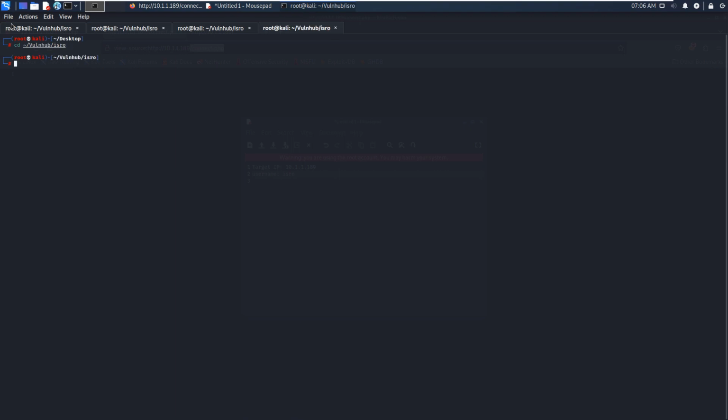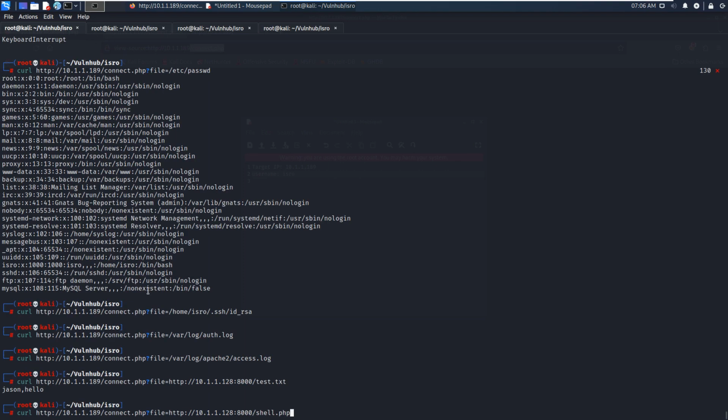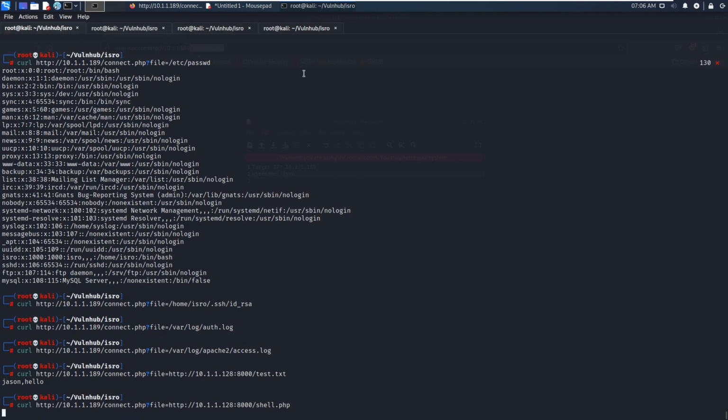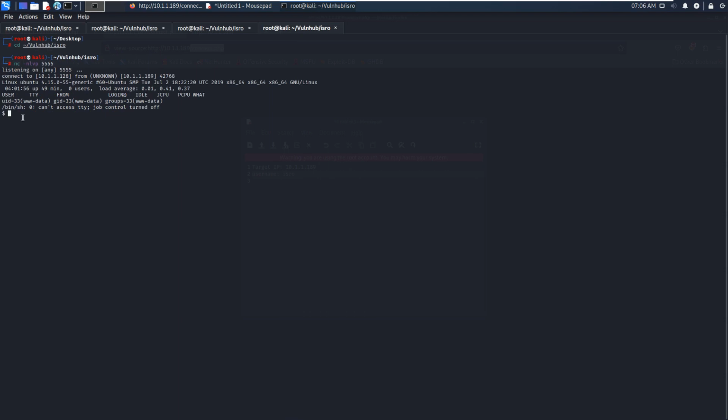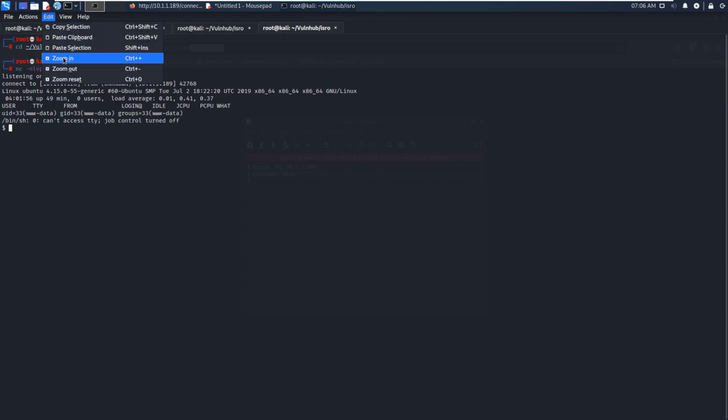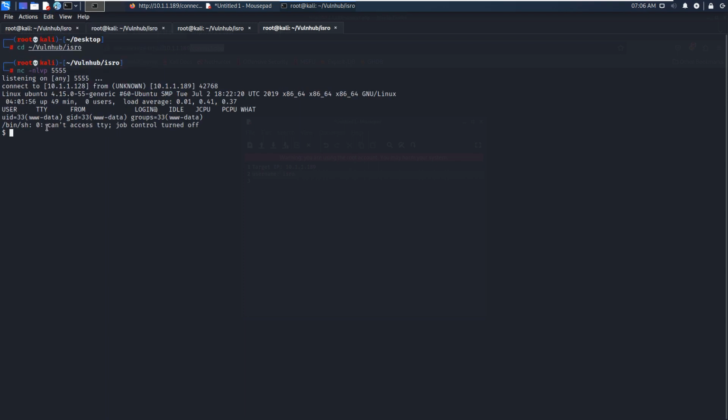And listener, press enter. Now we can just press enter. As you can see, we got the shell of the target, the initial foothold on the target. And of course, the first thing we need to do is to spawn the bash session. And to do that, we need to check the version of the